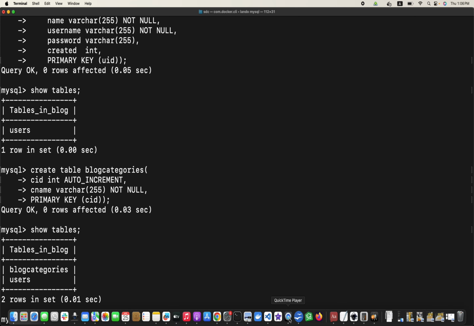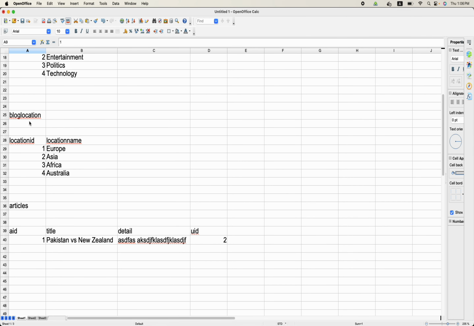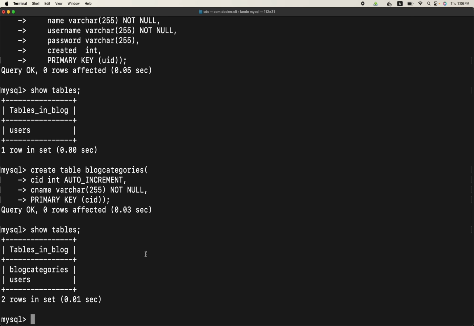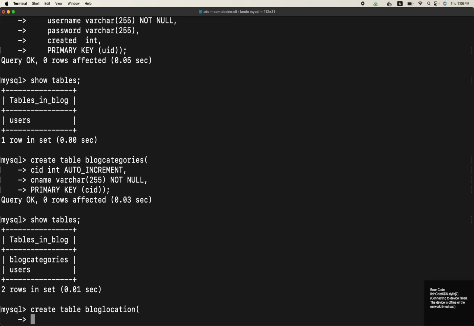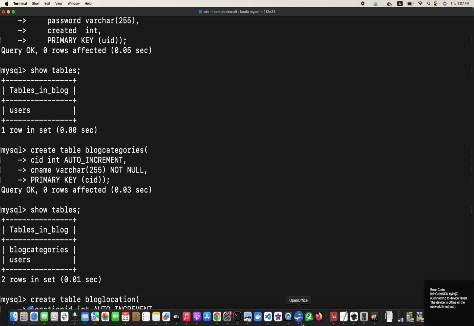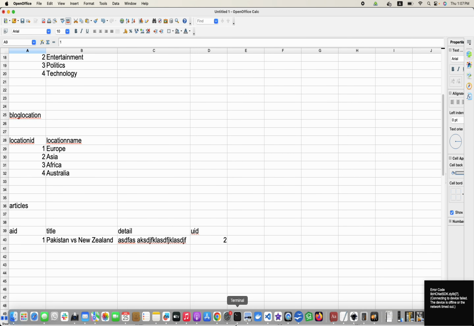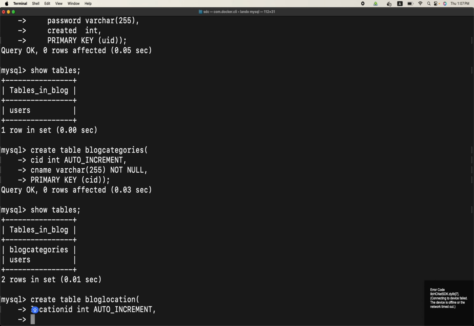Okay, the next table is blog location. So create table blog location and bracket open, location ID int, and it is going to be auto increment, comma, then location name, it is varchar 255, and not null,